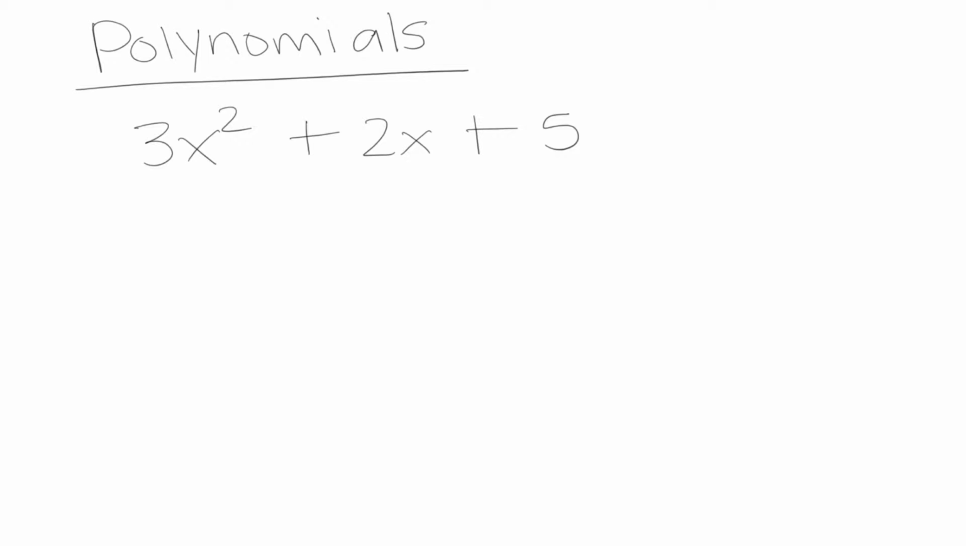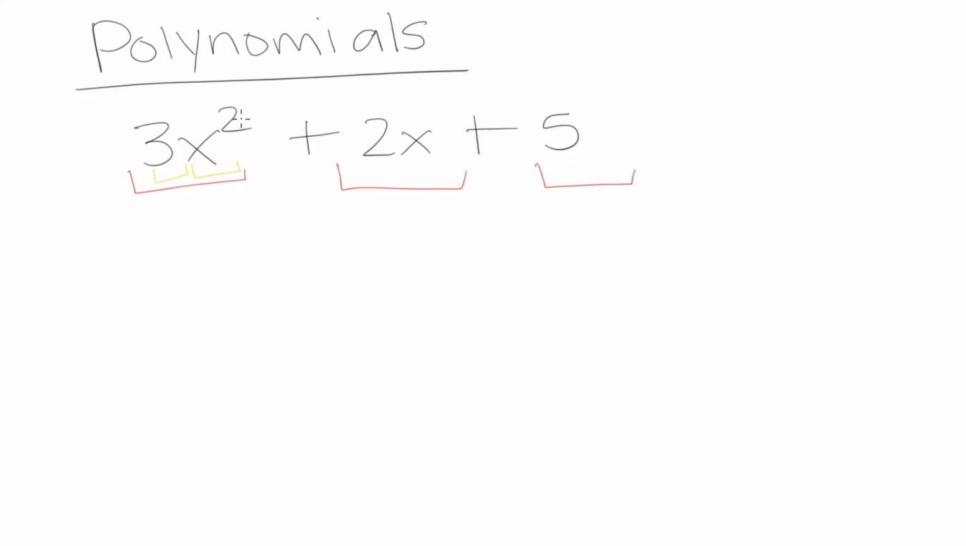In today's lesson, we are going to be dealing with polynomials. A polynomial is an expression that is made of multiple terms. In this case, each of these are our terms. And a term is going to be made up of a coefficient multiplied by a variable that is raised to